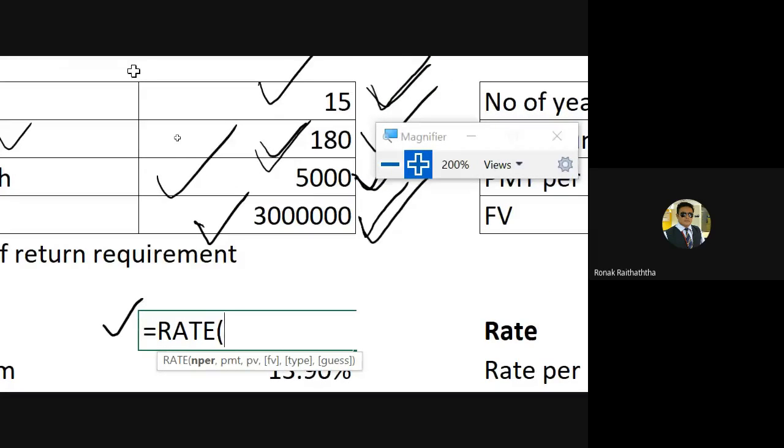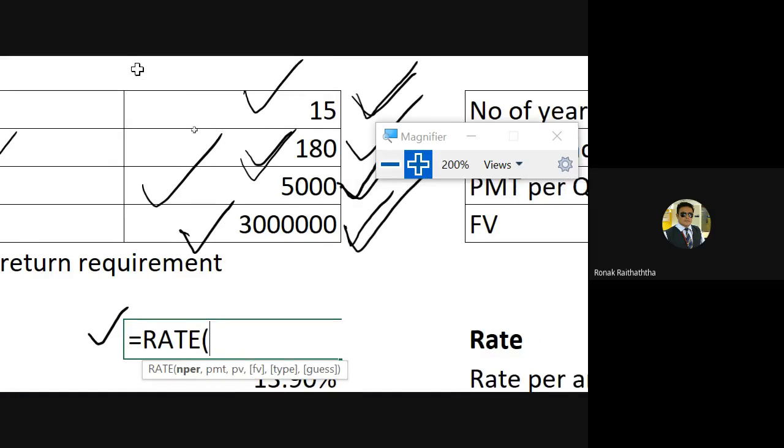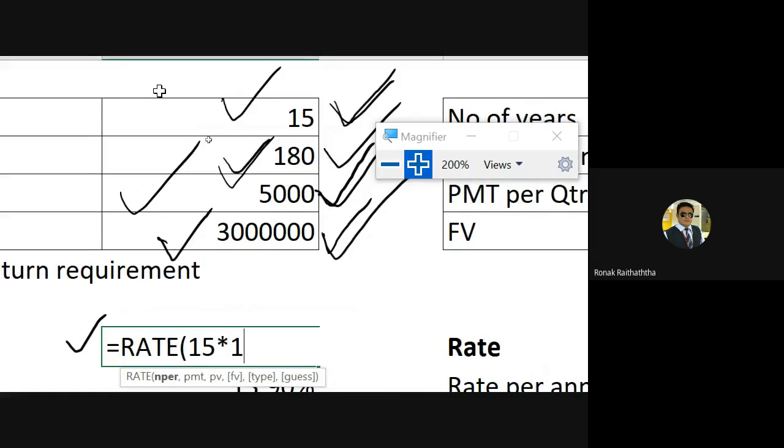Now this is the investment made by Avish on a monthly basis. So the number of periods would be 15 multiplied by 12, or I may just write 180, as simple as that, comma, PMT, the amount of investment that he will be making. This is an annuity. On a monthly basis, he would be spending 5,000 rupees. So I'm writing 5,000,